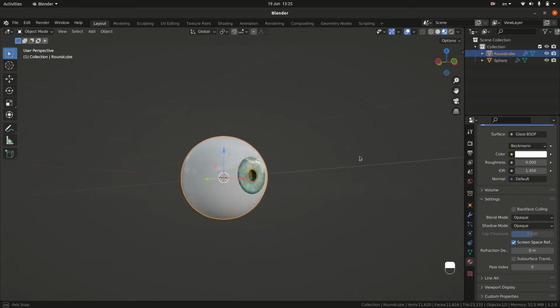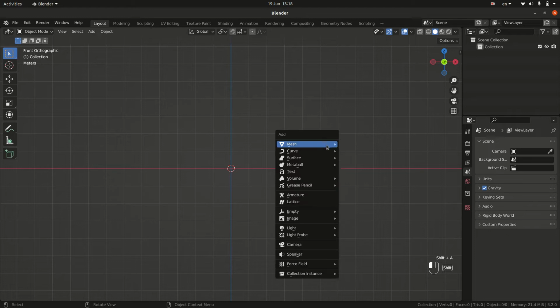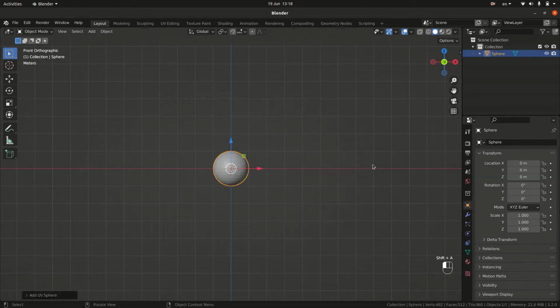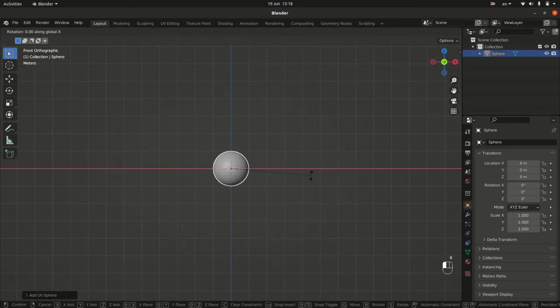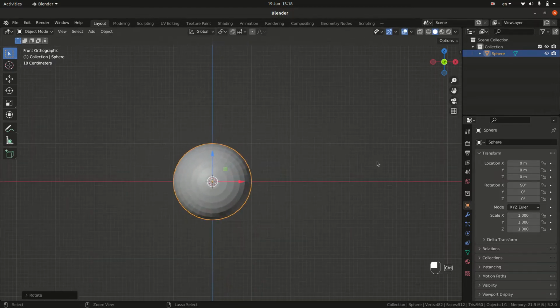This is a really easy method for modeling, guys, so let's start. In Blender we're going to add a UV sphere. Let's rotate it on the X axis 90 degrees. Now in edit mode